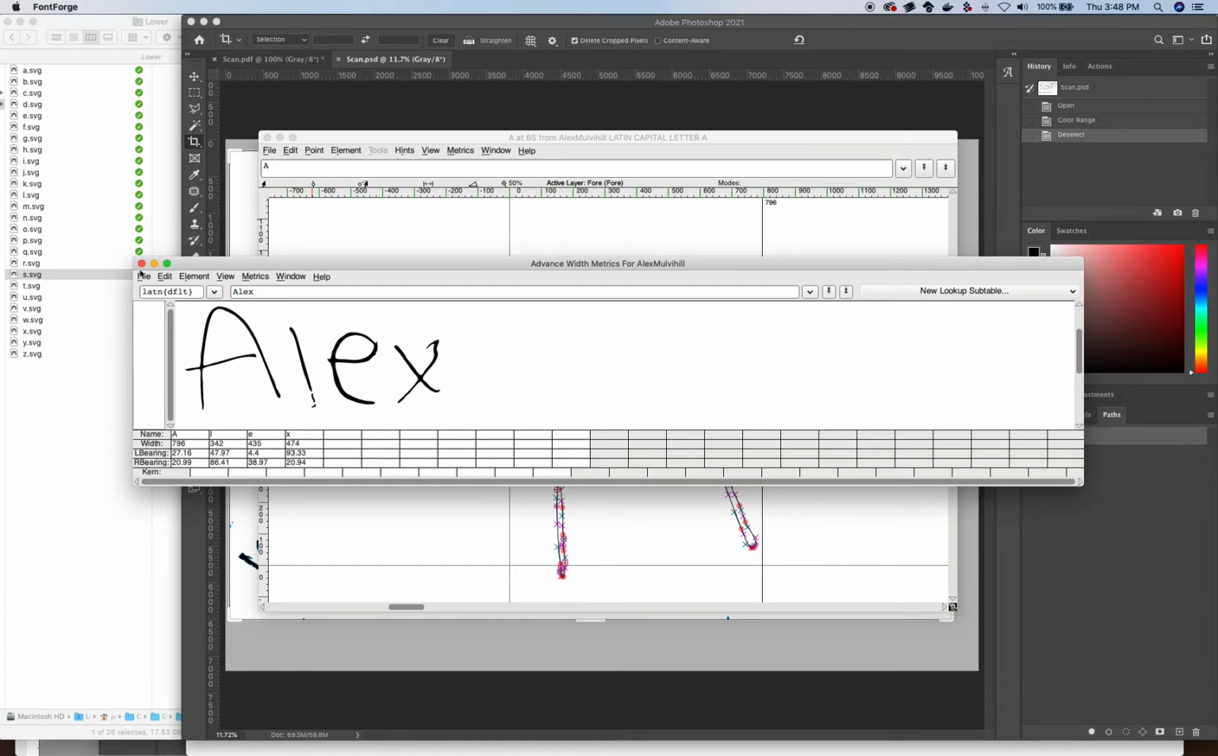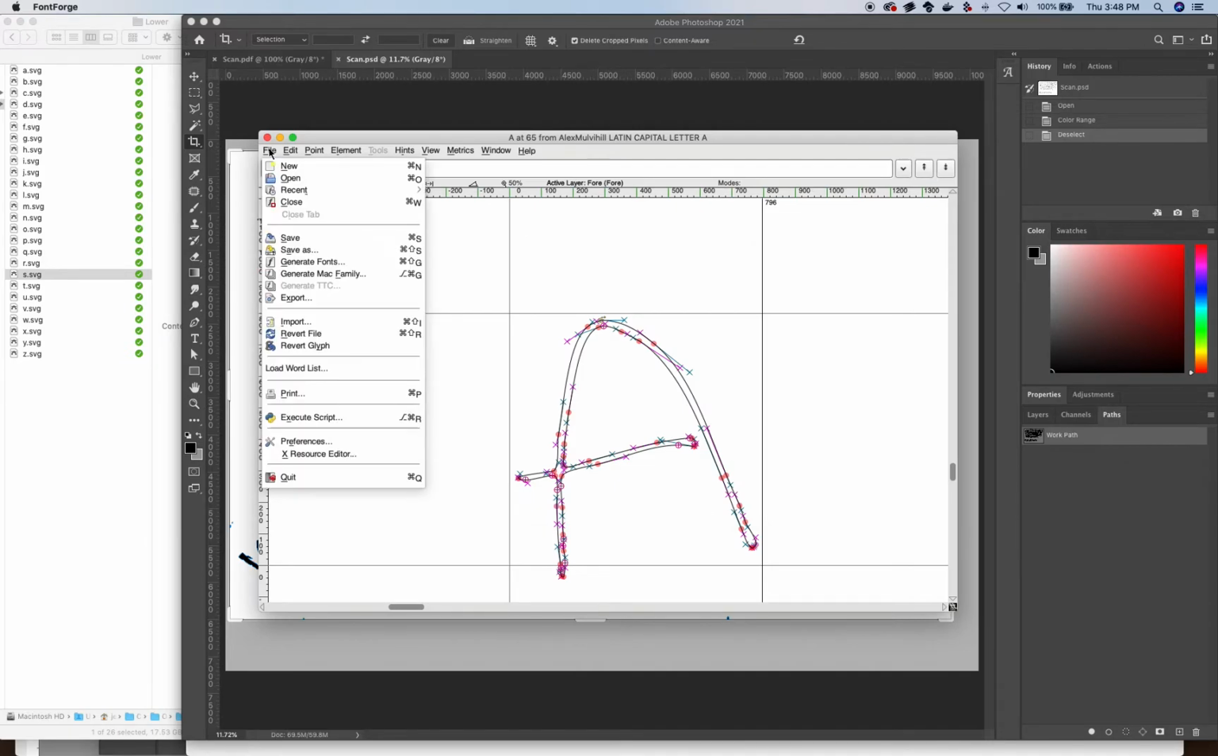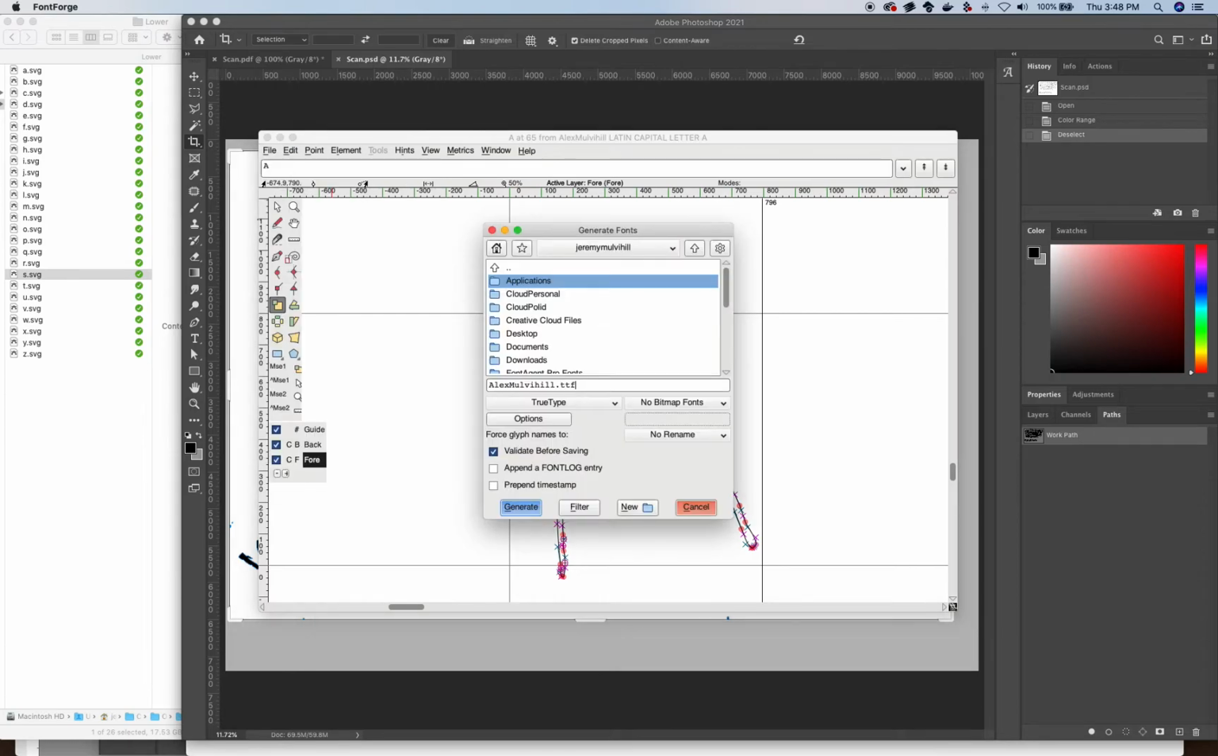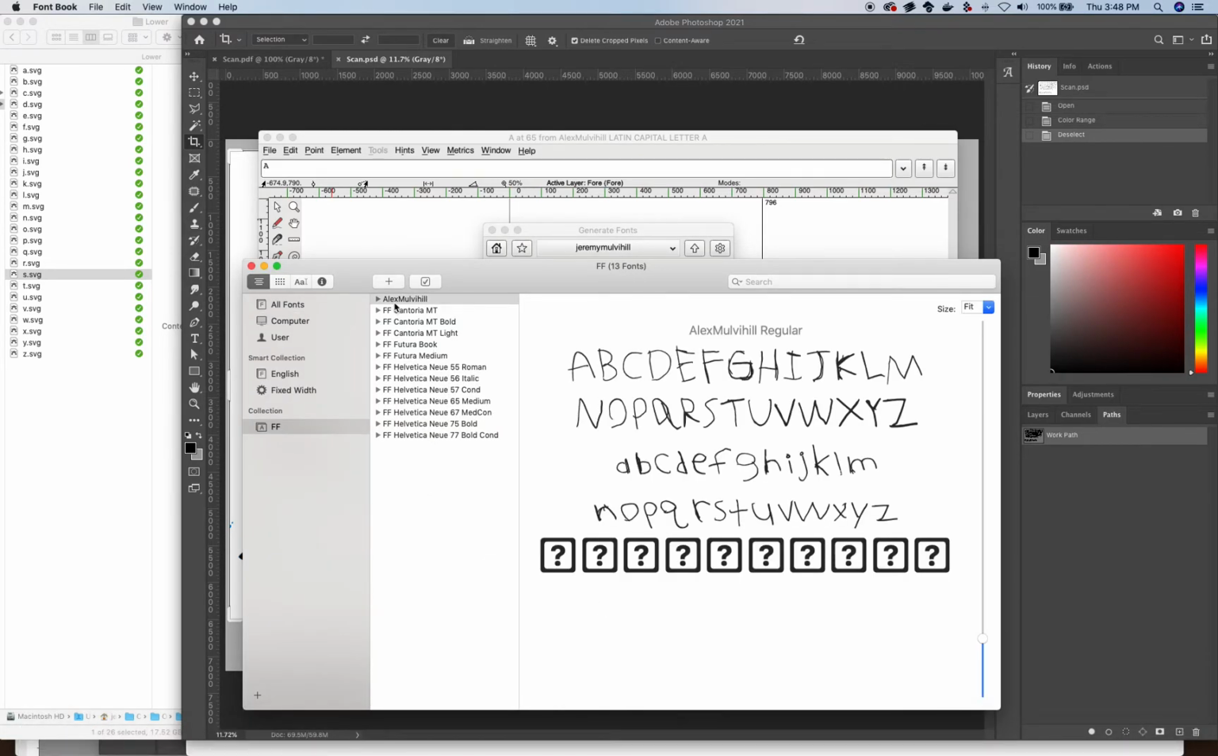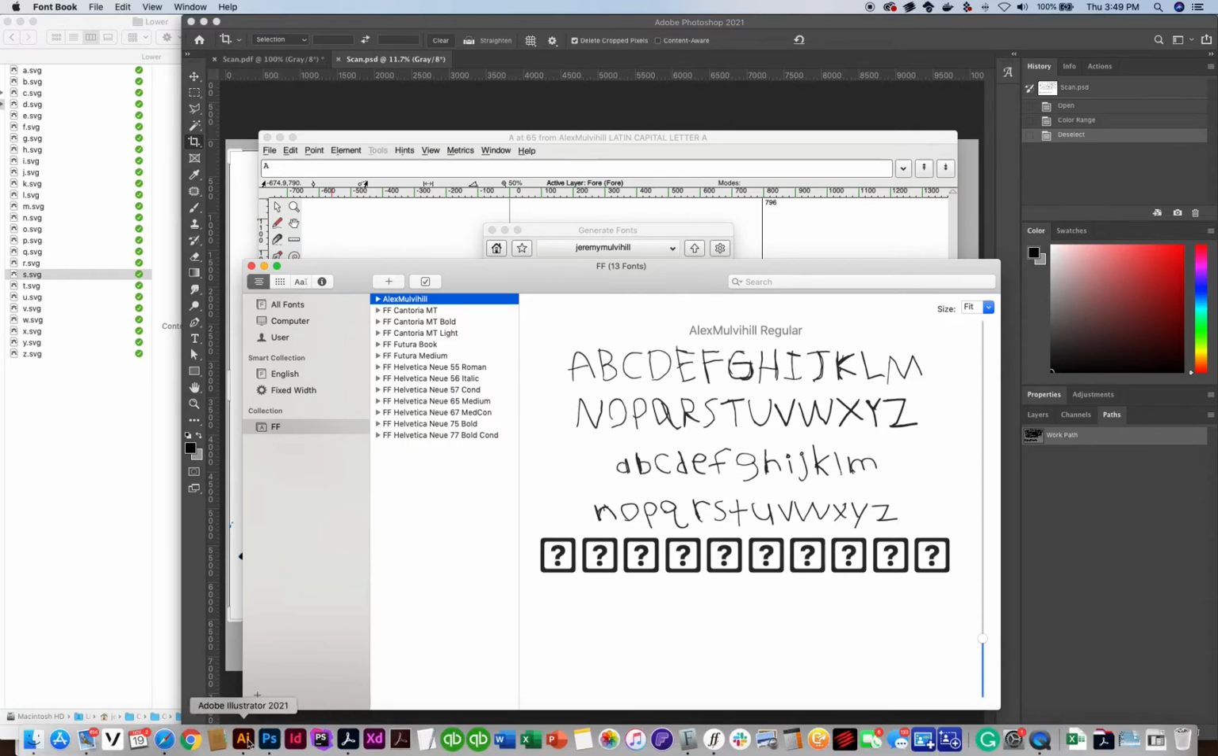And once you have that figured out, you go File, Generate Fonts, and we just use TrueType font. So we generate that, and then I'm on a Mac, so I can install those in Font Book, and I have Alex's font right here. And so when I want to use it,